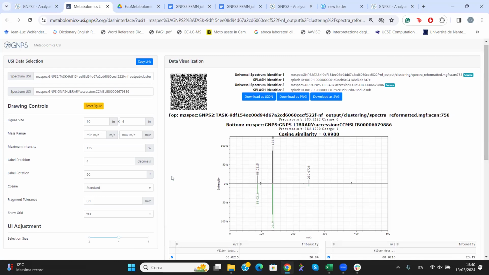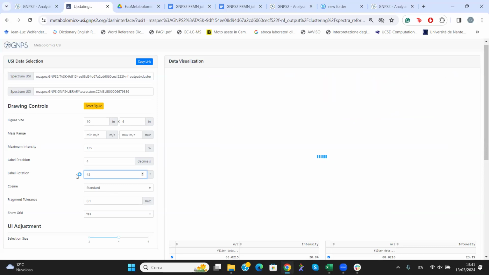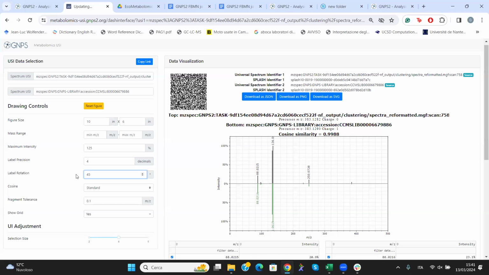is something like this, where we have our spectrum on one side and the library spectrum on the other side. We can tune the parameters in order to zoom in and zoom out. We can do many things. And we can also rotate the labels, like in this case, maybe we want to have them fitting in this way, because this is something that we can export directly for our publication, our papers or our report. So we want to have a pretty figure, so there are many parameters you can play with